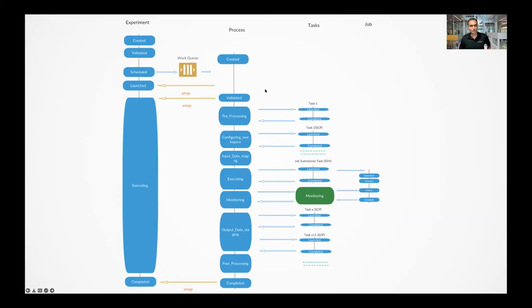And as we go through this, we take this scientist-defined computational experiment, and then we create computational processes still at a very abstract level, the previous graph I was mentioning, how you would pre-process or configure and run these input stages, and then go into very well-defined tasks based on the infrastructure. And each task has its own life cycle of launching, running, to completed. In the case of batch queues, they may be queued, or in the case of interactive, they'll differ. But in various ways, you get into this detailed graph and then roll back. As those finish up, you roll back the status, and if the user is only interested at the highest level,